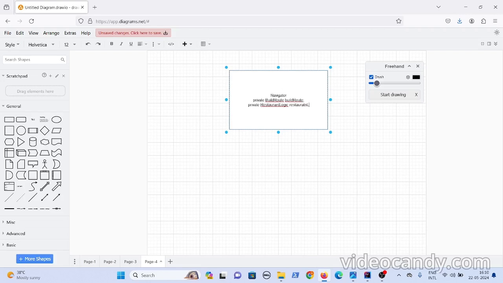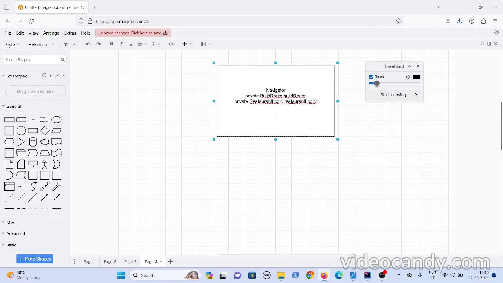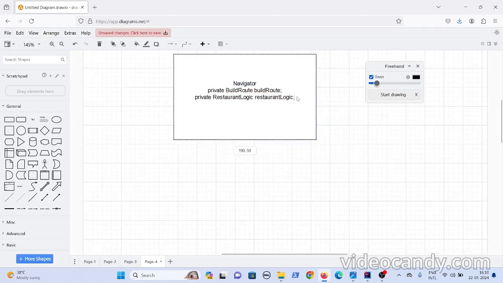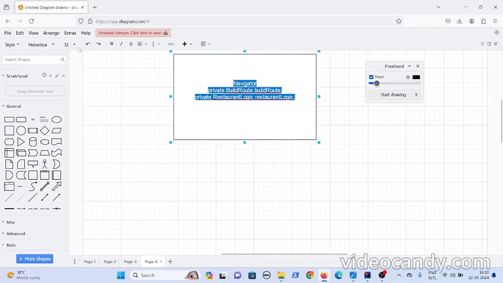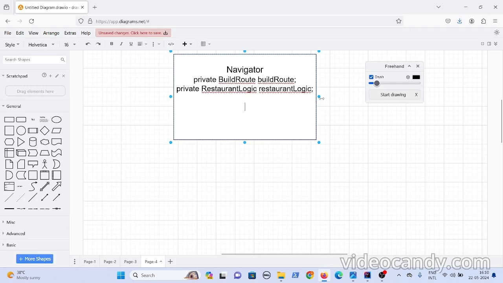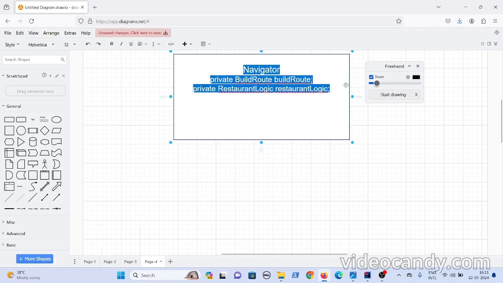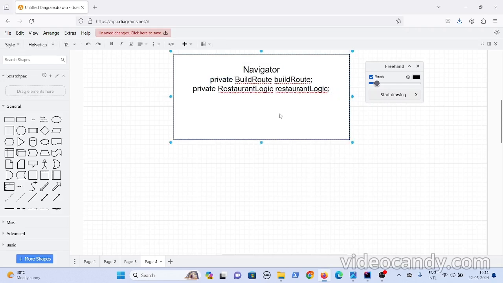Now, let me zoom this. Whenever I create a navigator class, he can specify his own requirements, right? Let's say he wants to build the logic, so the client has to pass the class. How can he do it?